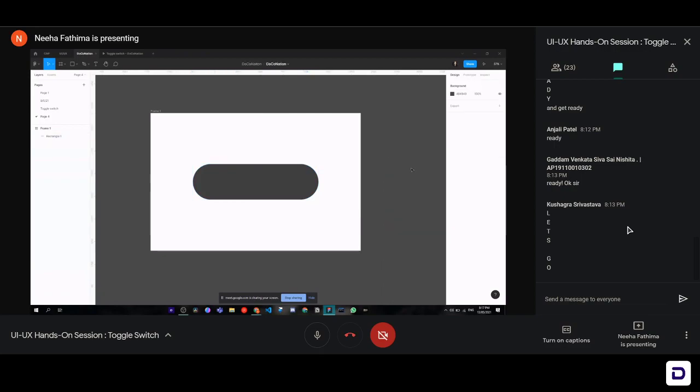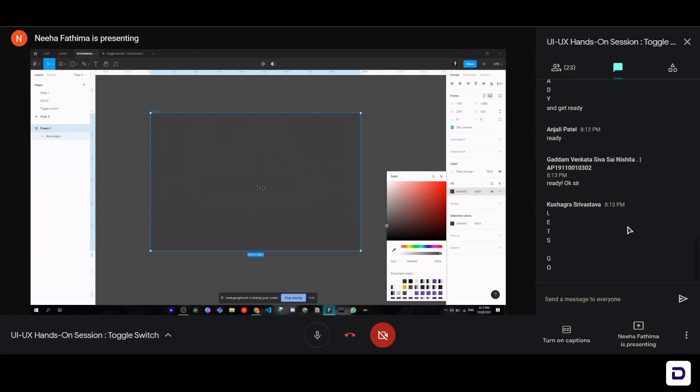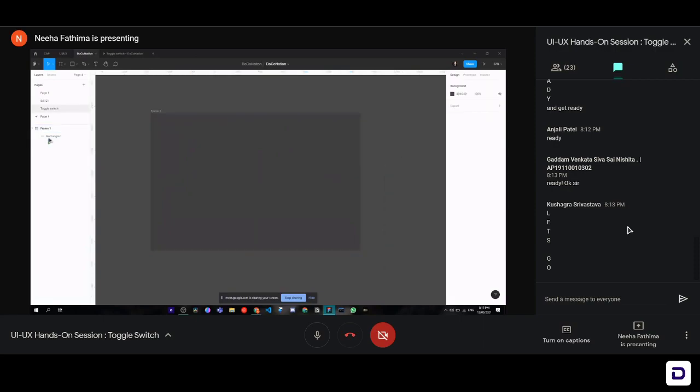Now, as I already said, the key to neumorphism is making the background and the key element the same color, right? So we will select our frame and go over to our properties panel on the right side, and you will see fill is white over here right now. We will click on it and use this little color picker that you can see over here. So we'll use this color picker and select this color. So now our background and the little rectangle are the same color. That's why you're not able to see the rectangle. But if you see in your layers panel on the left side of your screen, you'll be able to see this little rectangle and the frame. So this rectangle is inside the frame right now.